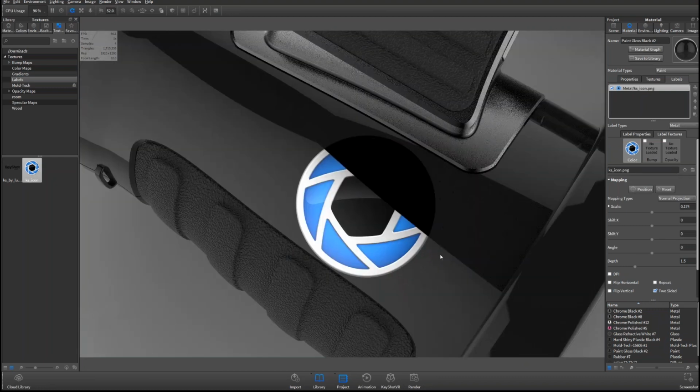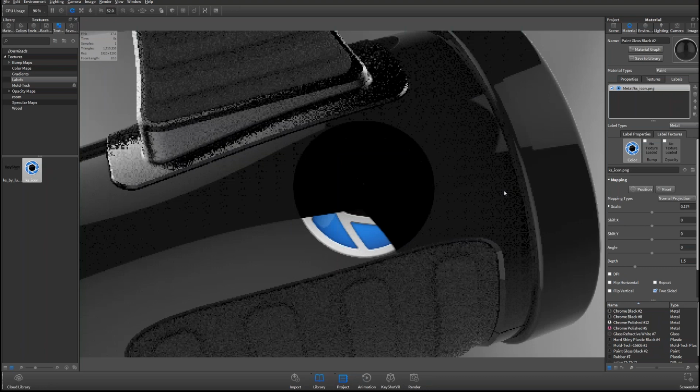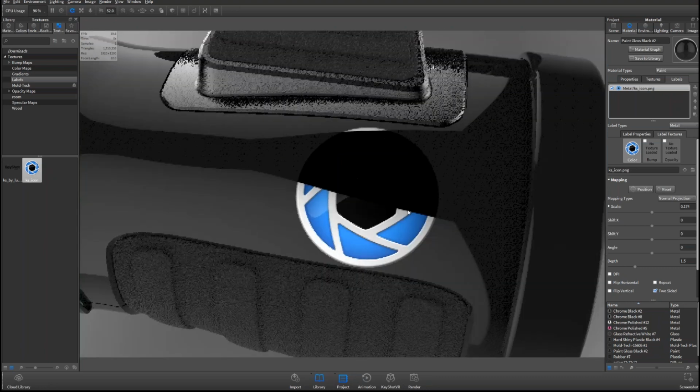And there's a whole list of these materials. We don't have all of the materials, but we do have most of them, and you can make a ton of materials, for example, off the advanced materials or the anisotropic materials. For those of you who have been wanting materials on labels, this is big. It's just going to be adjusting the properties for that label. They all have the ability to add a color texture, bump textures, opacity textures, everything like that, under the label types.